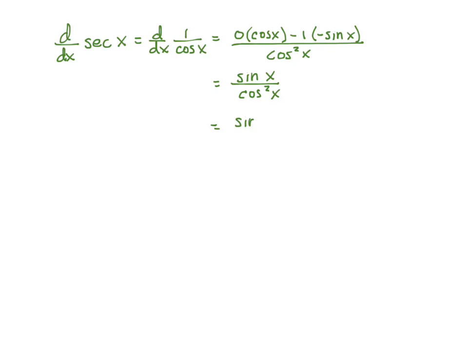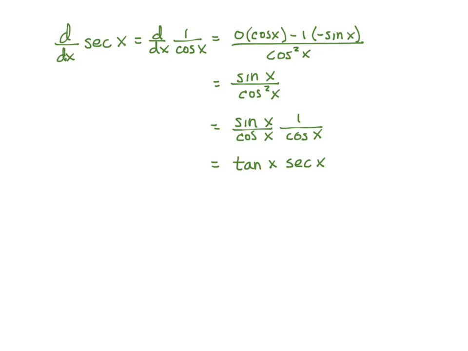Now, the form that we usually like to have that in is to separate the cosine squared into two factors of it, and you'll see then that that equals the tangent of x times the secant of x. And so that's, again, stating this in those pairs of functions, tangent and secant go together, so we don't start mixing up a lot of different functions. So it's not wrong to use the sine of x over the cosine squared of x as the derivative of secant of x, but ultimately you'll find it a lot easier and a lot more uniform with the work that you're doing if you take the derivative of the secant in terms of the tangent and